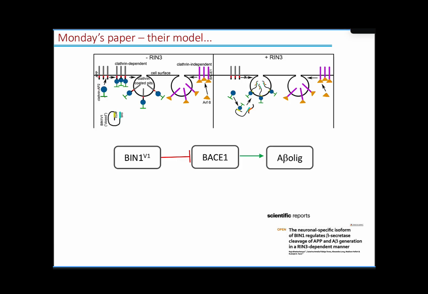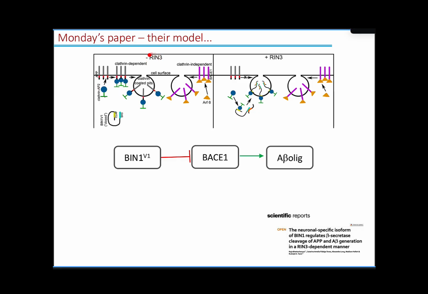It comes in many flavors, and one of them, the V1 variant, has the capacity to inhibit BACE1 activity on APP by virtue of keeping APP out of endosomal vesicles where APP would find BACE1 and be cleaved by it, right? So we saw at the end of Monday that the model they're working with is